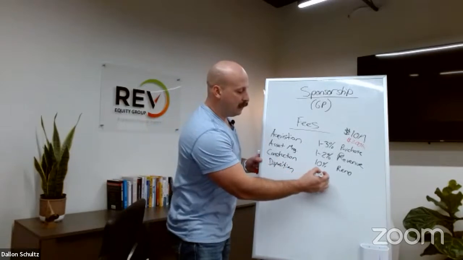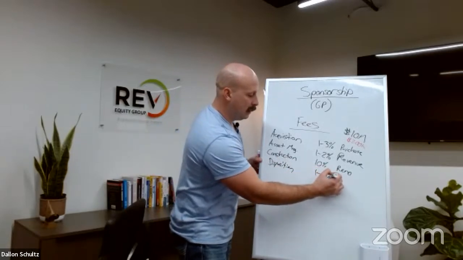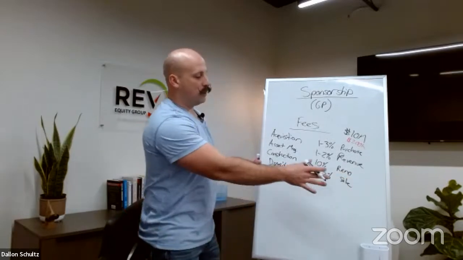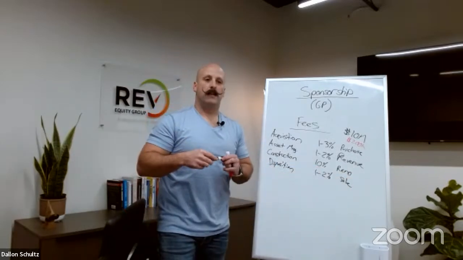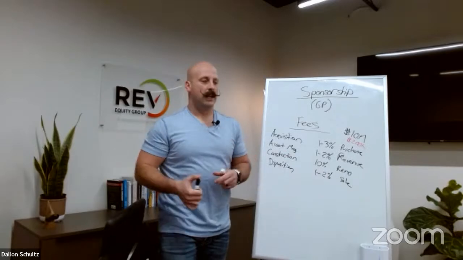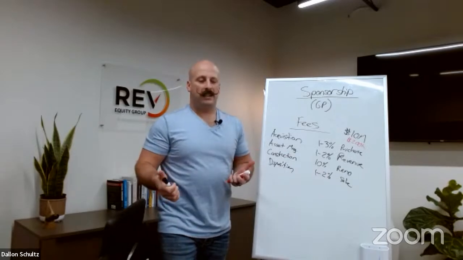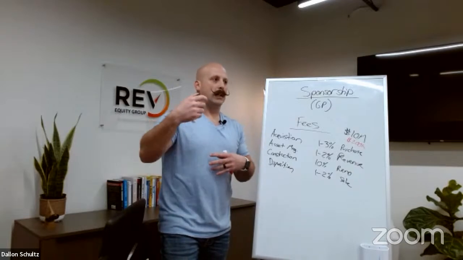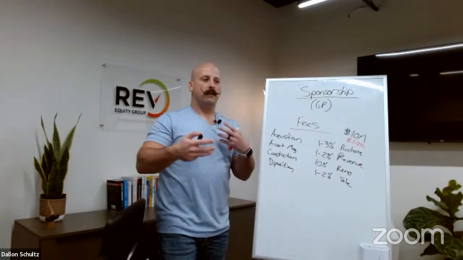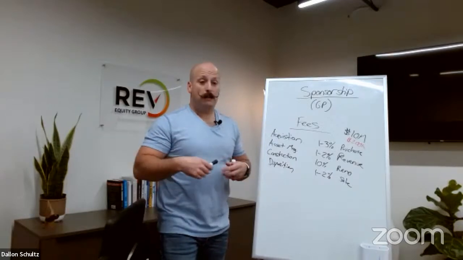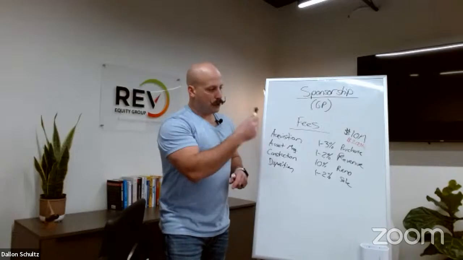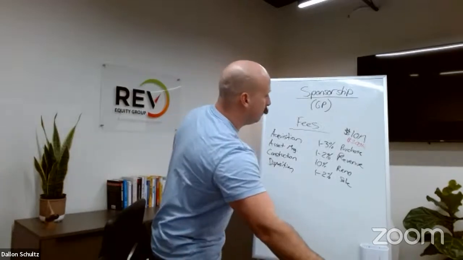Your disposition fee, that's usually charged 1 to 2% of the sale of the property in 3 to 5 years. If they decide to refinance it, you might see a refinance fee in there because there's still work and balance sheets and a lot of additional time that goes into either the sale or the refi of a property. So that's a quick breakdown of some of the fees that you'll see.